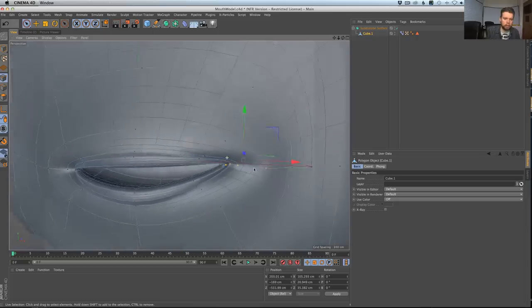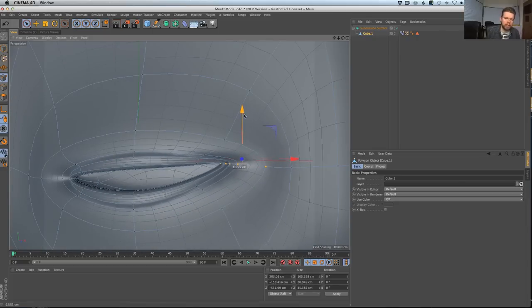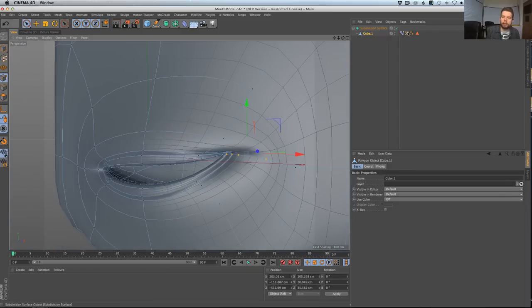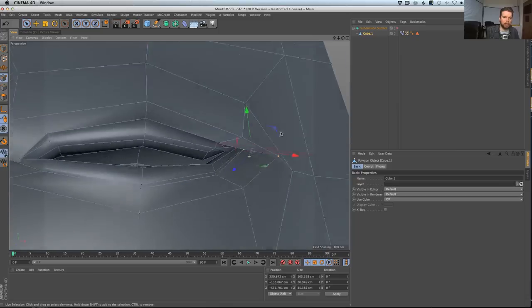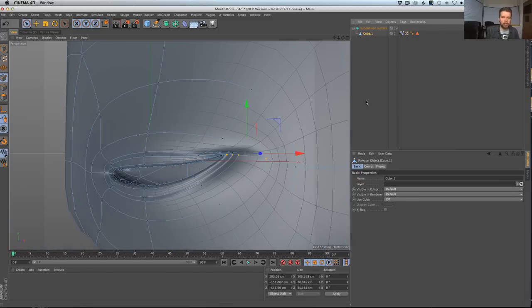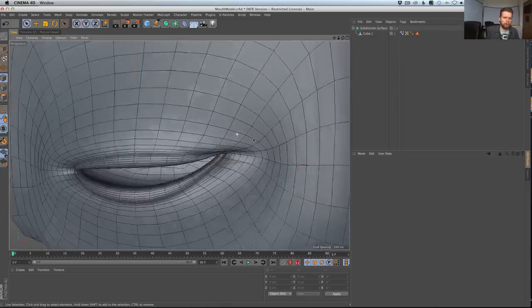You actually see we're going to get these nice smoothed out lips. And this is actually what counts. So when I pull this up, you see that's curving into what looks like a reasonably nice looking smile there. But if I turn off our subdivision surface, it looks ugly. You got to keep in mind that that is actually what counts. So you can see we got that pretty nice curve going there.